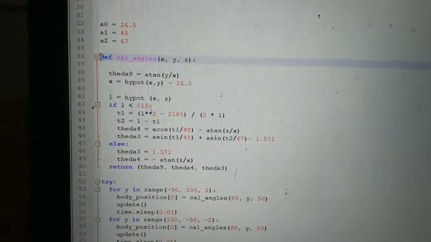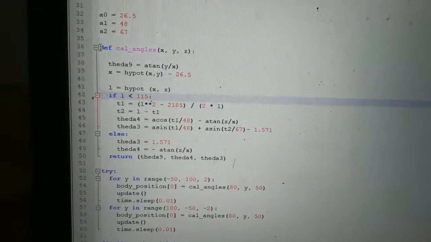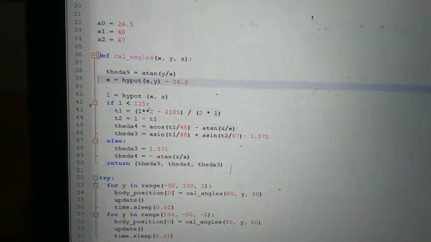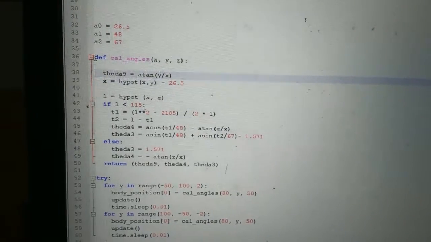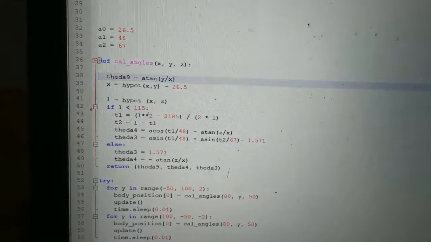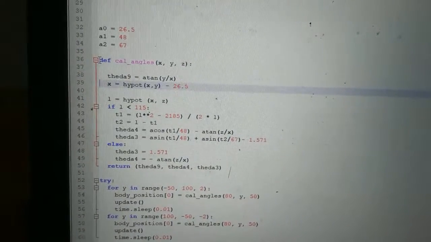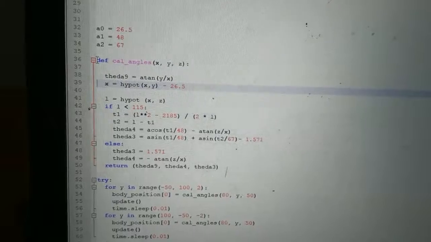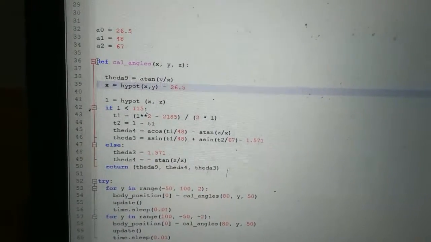Okay, let's look at some code. All right, you're familiar with this whole bottom routine. It's exactly the same as what we were before. I have only added 2 lines of code to calculate this new angle. The first one, theta 9, is equal to the inverse tan of y over x, just like we just said. The new value for x will be equal to the hypotenuse of xy minus a0, which in my case is